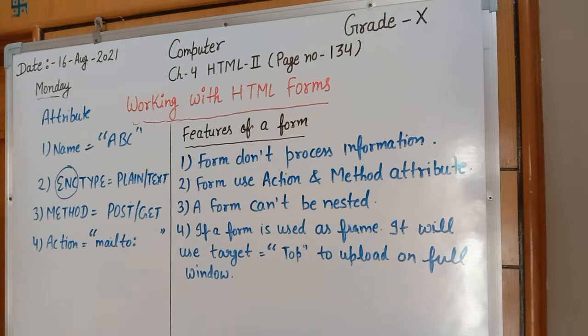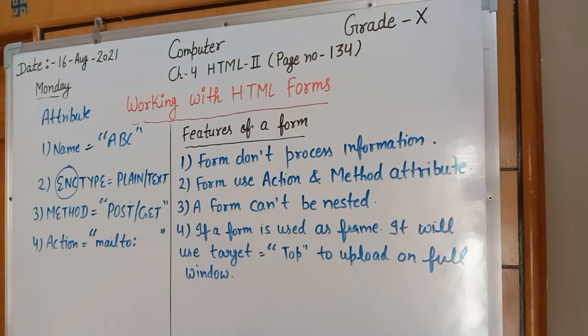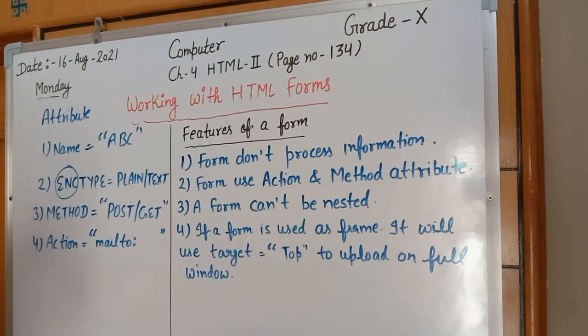Third is an important part, that is get or post. It is the name of the method. We will get the information or we will post the information. So what is the difference between get and post, we will discuss afterward. Next part, that is action. Action attribute is required to give the destination address where we will receive the information after submission of form. So action attribute will accept the mail ID, on which mail ID we will accept the information. So these are 4 attributes that are designed by the form.